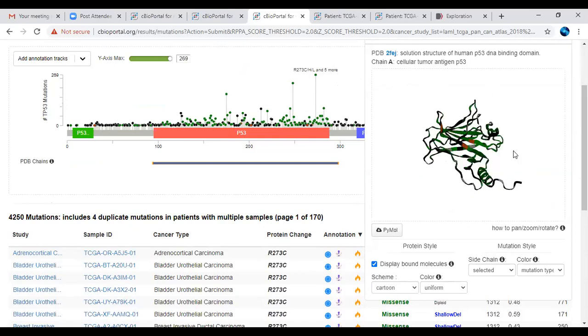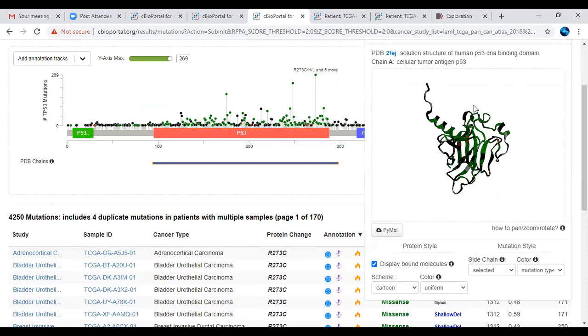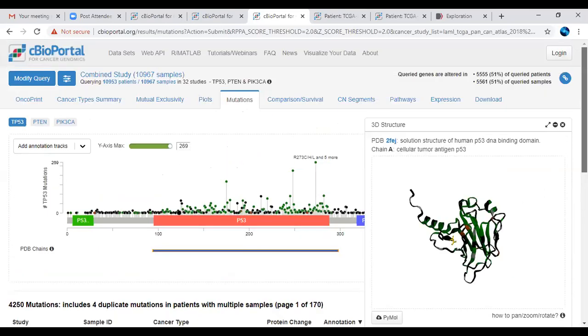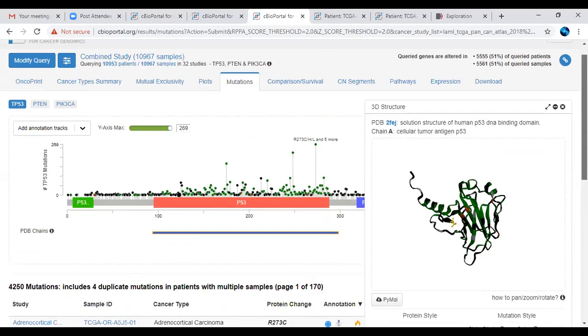Even very nicely they have given the 3D structure, the mutation, the omics dataset and clinical dataset in a single platform. So one can use this particular platform, and very nicely different databases have been linked over here. So you will be more assured towards your study regarding cancer omics data.